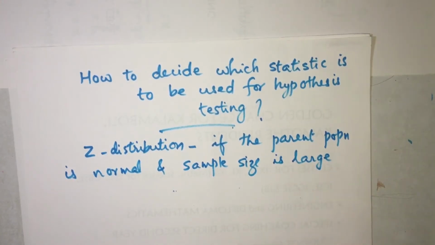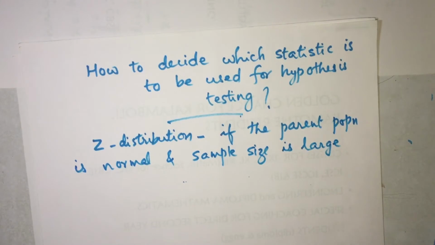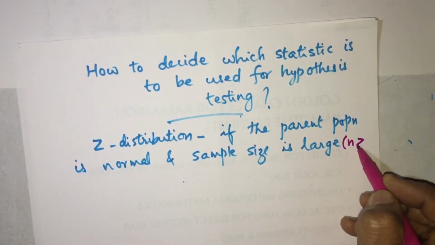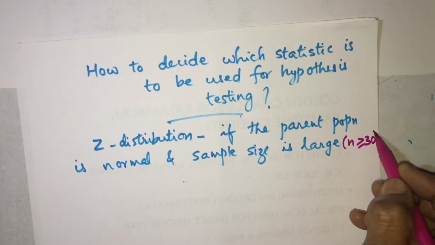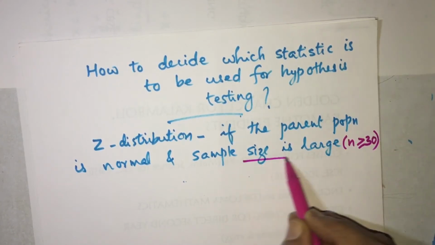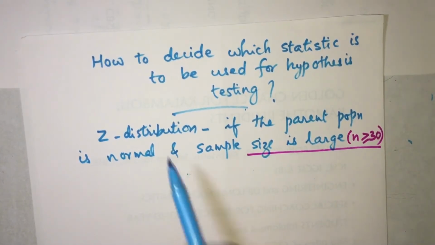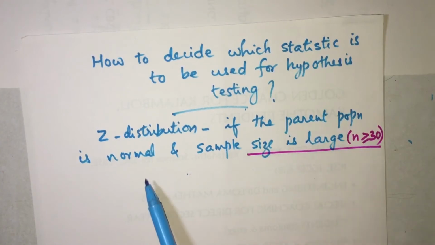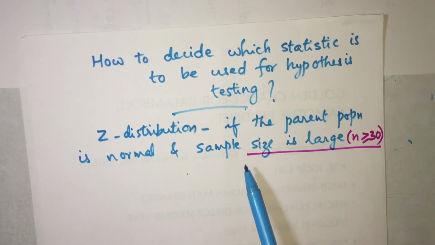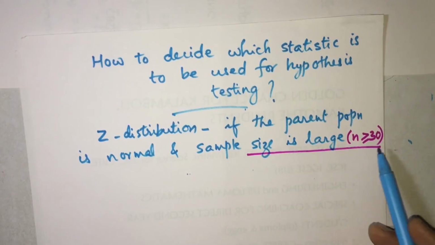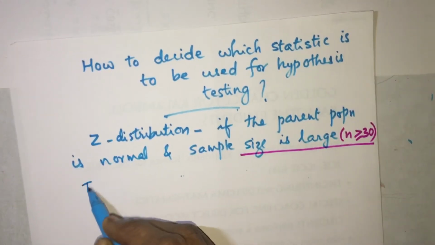And for your information, sample size large in statistics means if n is greater than or equal to 30, that is considered as a large sample. So the distribution is used if the parent population is normal and the sample size is large, that is if n is greater than or equal to 30, then the test statistic